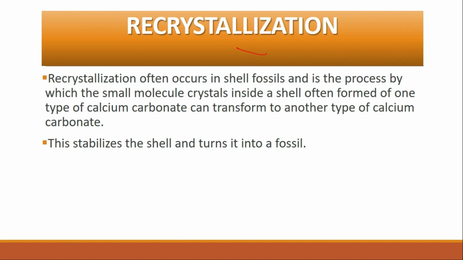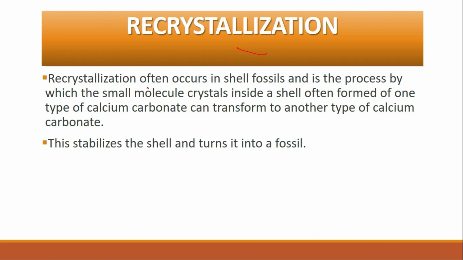In recrystallization, as time goes on, the molecules of the mineralizing substance tend to arrange themselves according to the laws of crystallography. So first the minute structure becomes altered, then the external form is modified and obscured, and ultimately after a lapse of time, all traces of the organic origin may be lost and an interlocking crystal mosaic is formed. For example, the shells of brachiopods, forams, etc. Confusing? Okay, let me explain.